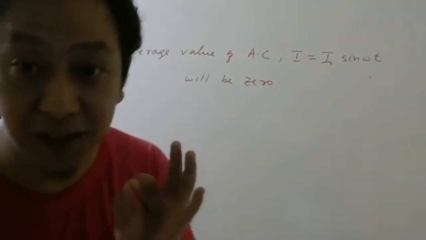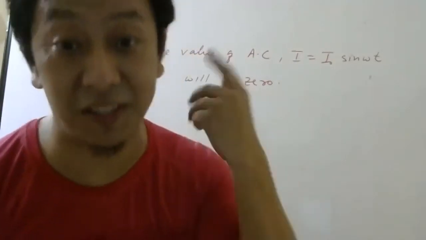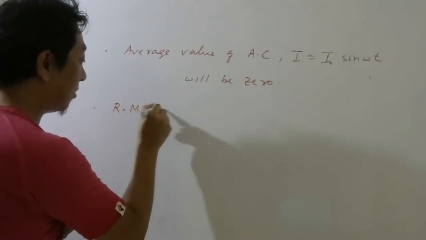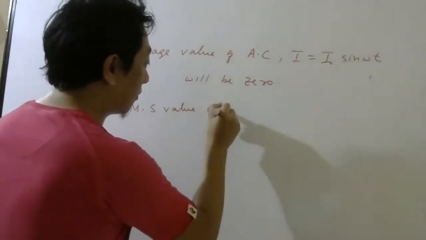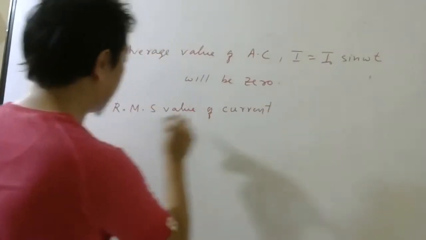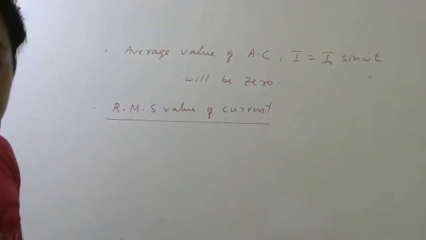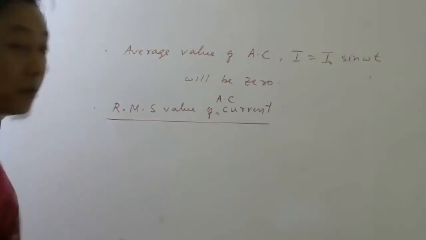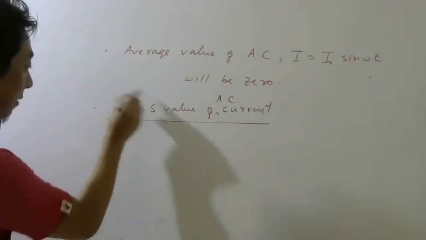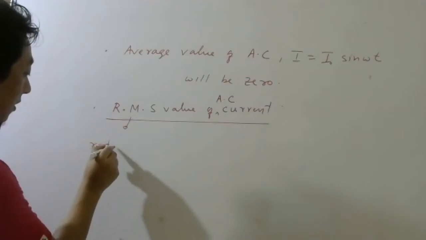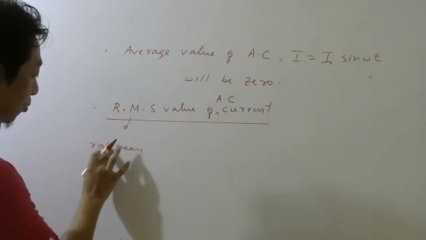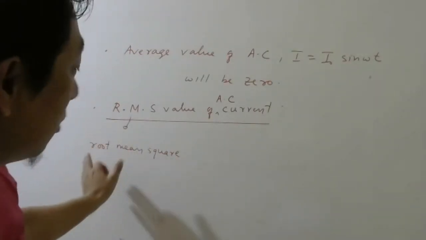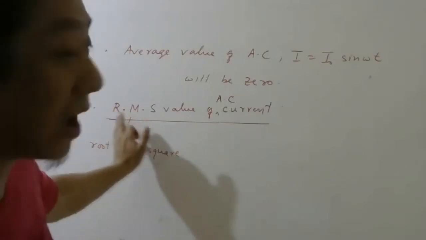We know alternating currents have an effect, but we cannot measure the effect by the use of average, because the average value is zero. So for that, we have created a new kind of average, and that is called the RMS value of AC current, alternating current. So what does this RMS stand for? First, let me mention that it is root mean square. But whenever we talk about this, we will not say all the words. I will just say RMS.